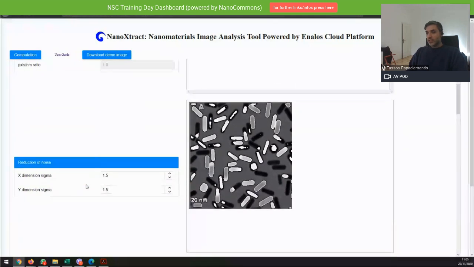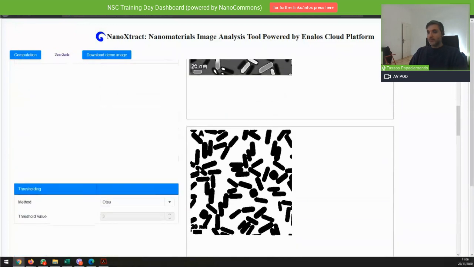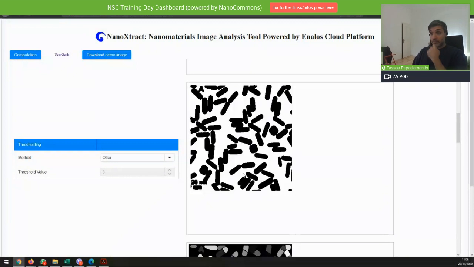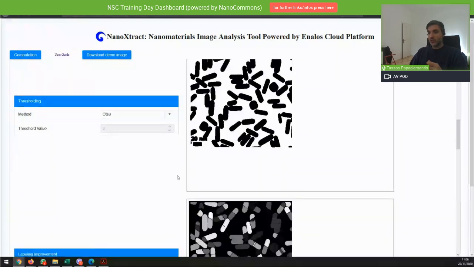Okay, so here, as you can see, we have images. We have identified the different nanomaterials. Not so good. We still have the A and the scale bar. You see here we have a pretty good thresholding and inversion of the image. Again, we cannot see any background artifacts and so on.